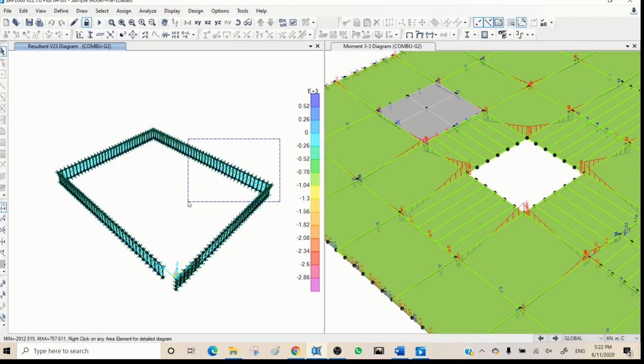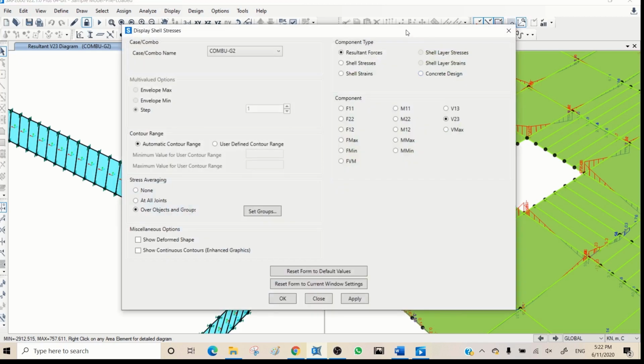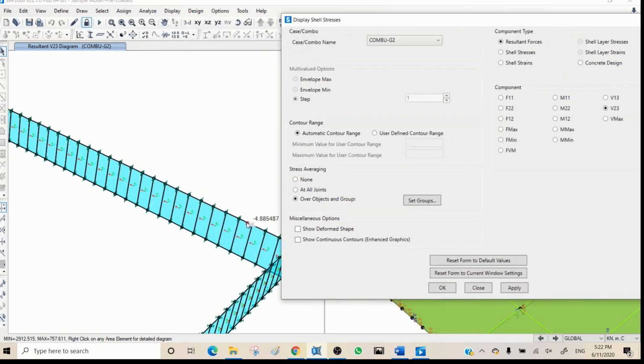So we will have this part. We don't have too much shear here, so let's see which one. V23 is shear on top and bottom, so you don't have it too much. V13, here you can see some differences. And because you have soil pressure, then you have M22 and M11